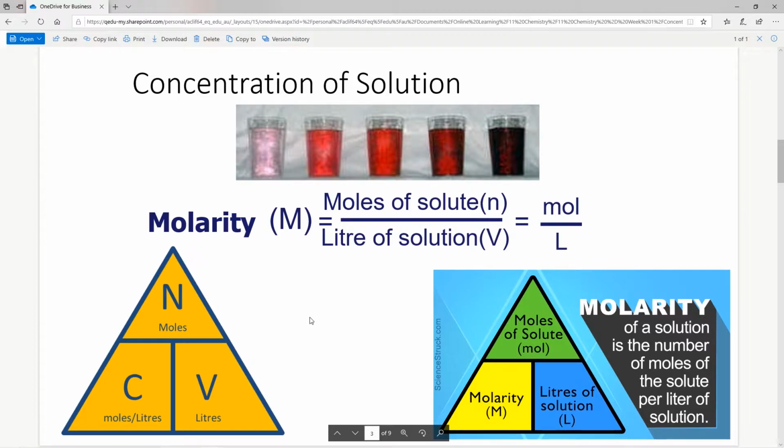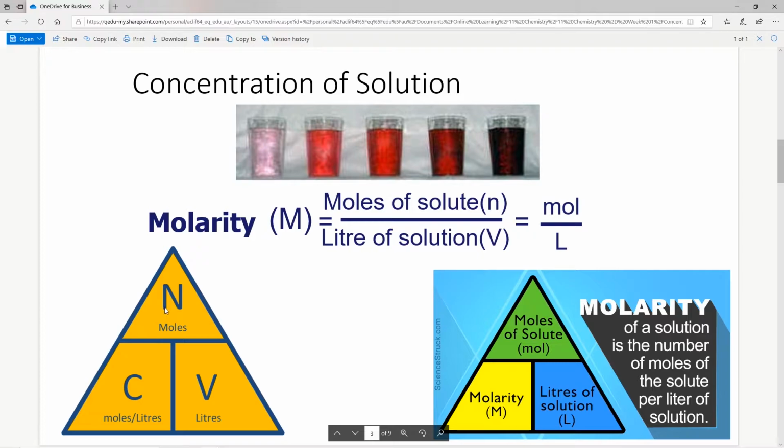Down the bottom here, I have two examples of really quite good triangles that are really good ways to understand and remember these sorts of formulas. So it is a triangle. At the top you have N, which is number of moles. Then you've got concentration, which is moles per liter or molarity. And you've got volume, which is in liters over here. So if you can remember NCV,